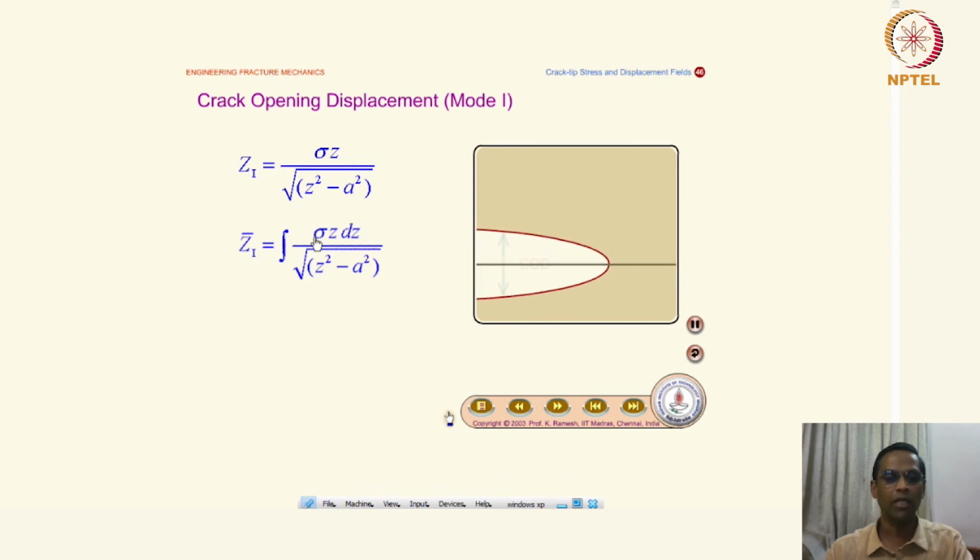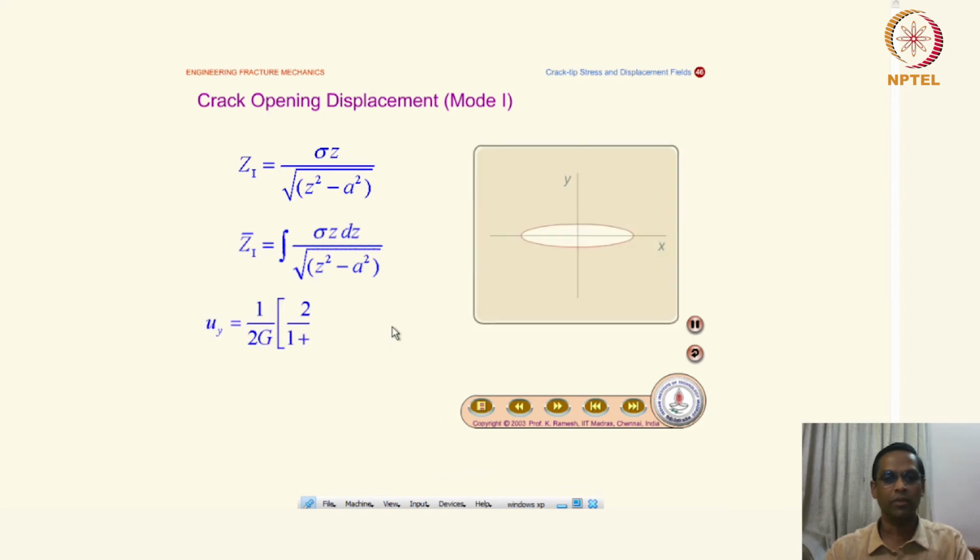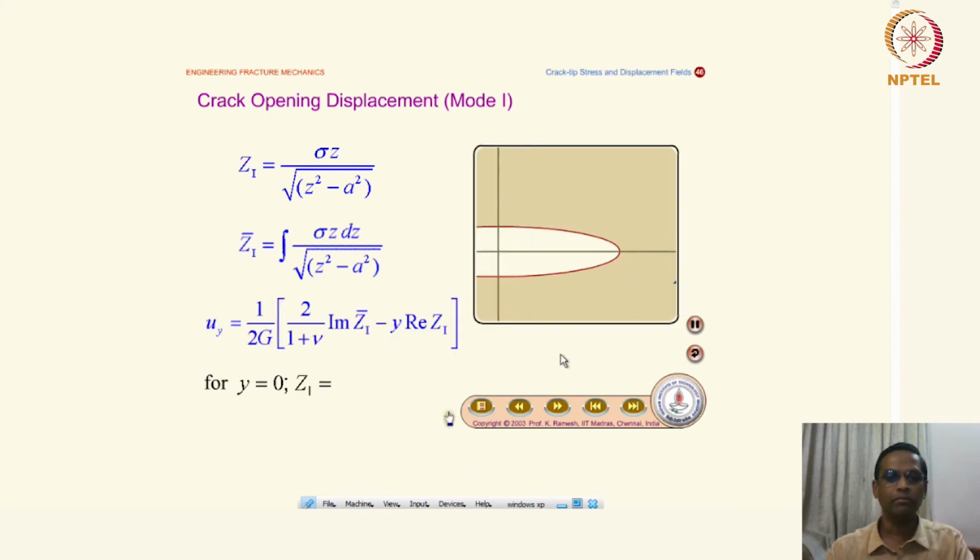So we need to look at the integral value of this and then try to get the expression for this stress field. What we are trying to get here is the displacement U. The total length is 2U, but we are trying to get the U, where on this line Y is equal to 0, but then we are interested in calculating the COD between minus A to plus A.